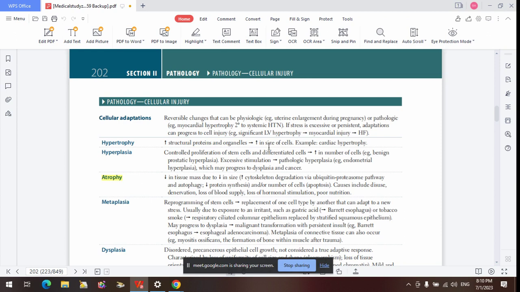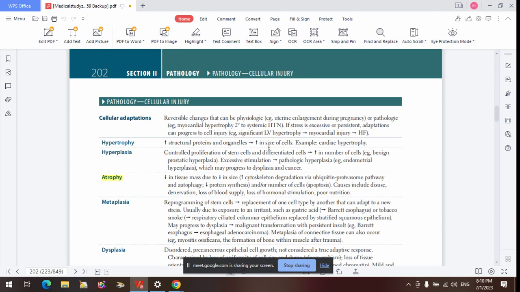Not an increase in the total number of the cells. So the cells within the muscles, they are 10, but the volume has increased from 10 cubic millimeter to 20 cubic millimeter. So each of the volume of those cells has increased. The number is constant. So if somebody is undergoing an adaptation and there's an increase in the individual numbers of